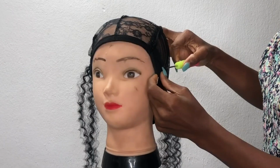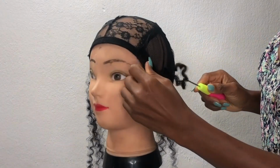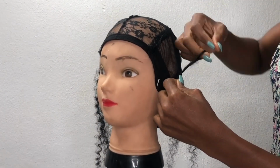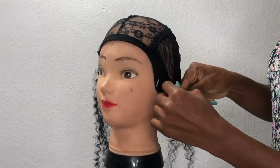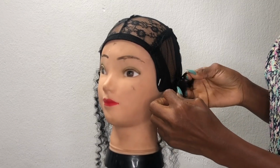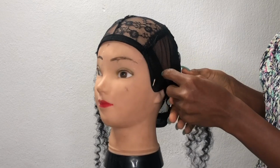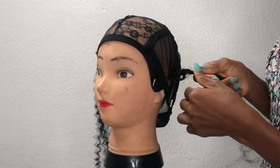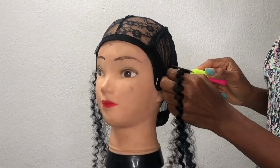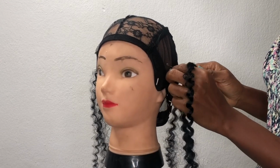As you guys can see, it was quite tedious, or I don't want to use the word difficult, for me to pull it out because this wig cap has tiny holes in it. So for the crochet needle to come out, you have to pull with a stronger force than if you were just using the fishnet, which is way easier. But yeah, I still went with it and I conquered it. As you can see,